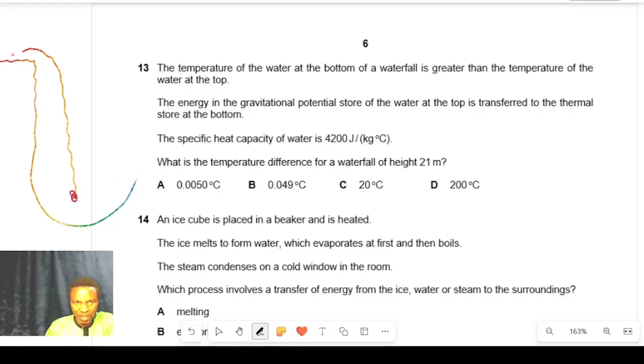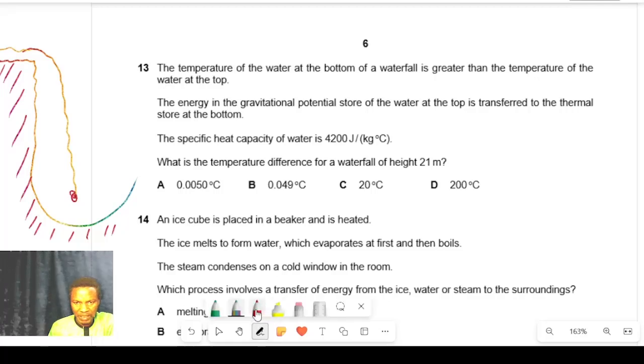So the water drops from this top, and then the water flows and drops. So we have this top part, and from here to this point here, we have the height,